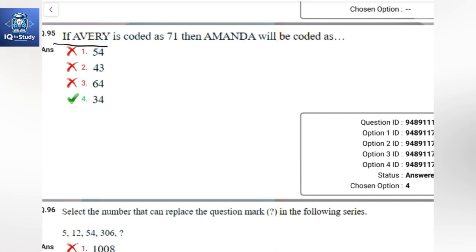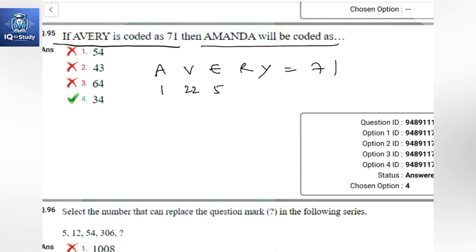If Avery is coded as 71, then Amanda will be coded as? AVERY is equal to 71. They have taken the positional values and added them: A is 1, V is 22, E is 5, R is 18, Y is 25. By adding those values, we get 71. Similarly,